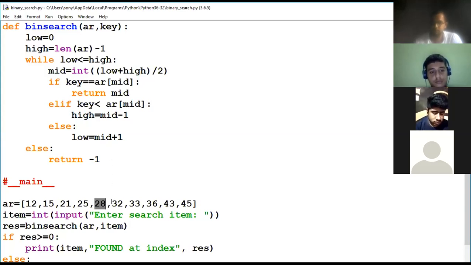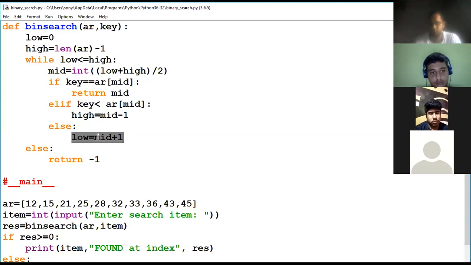This means that we will move to the right side of the mid. So now the new array is this one: 32, 33, 36, 43 and 45. In that, the lower index is 5 and the upper index is 9. Is it clear? The lower index, this 32, is in the lower index according to this concept.